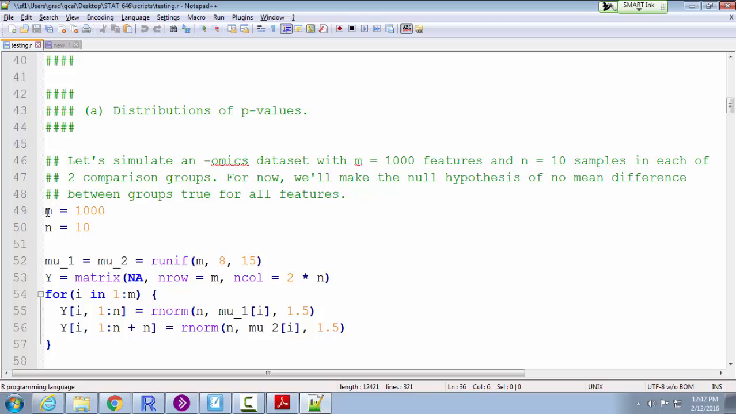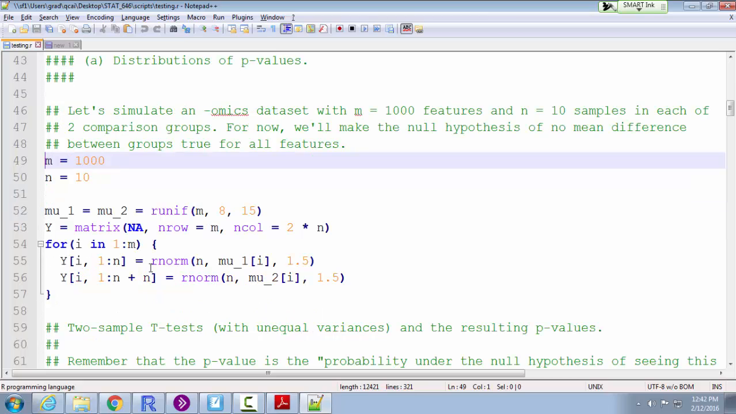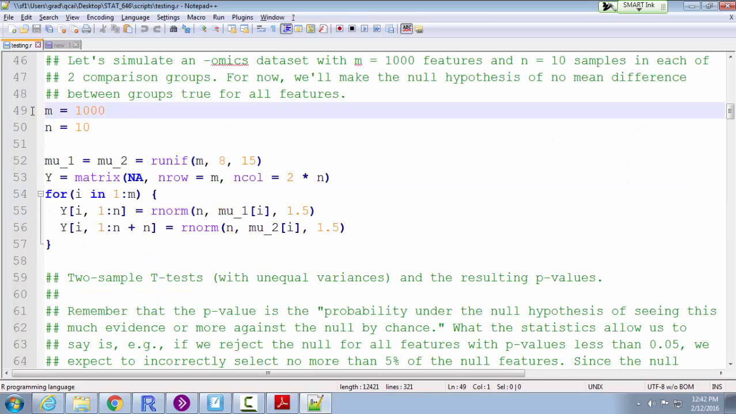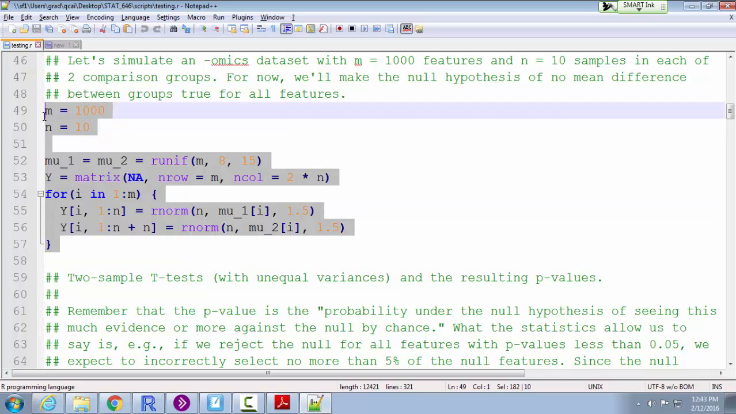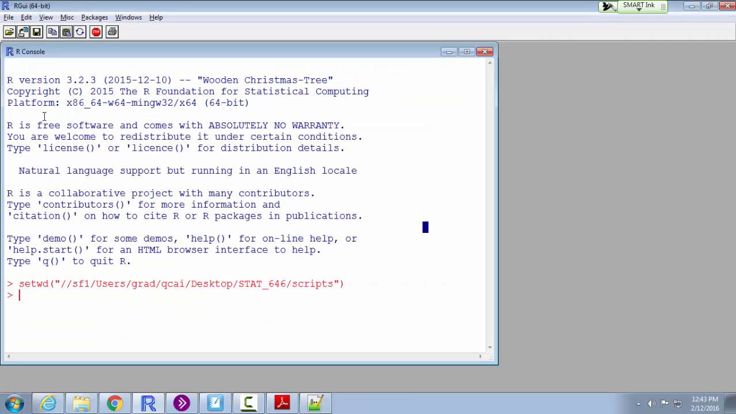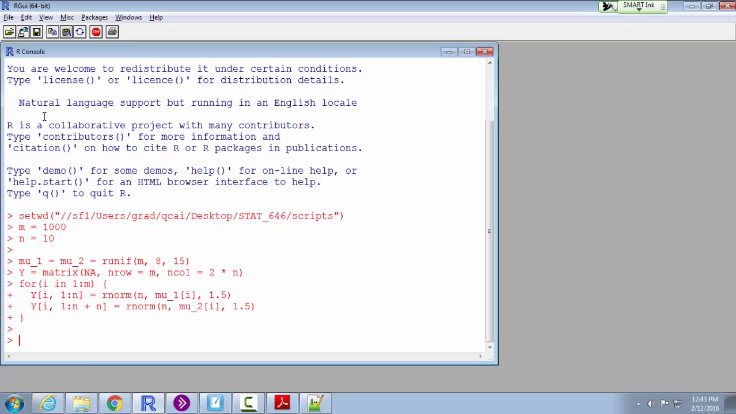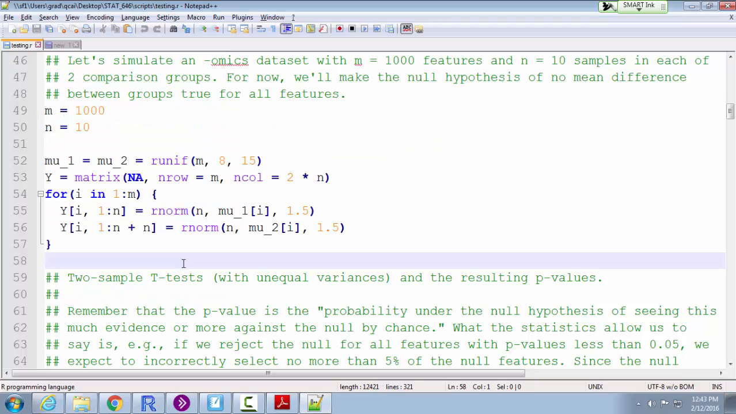So last time we did the first little bit of the simulation, which was just to generate some fake numbers, 1,000 features, and 10 observations in each of 2 comparison groups. And we started by doing this in a way where there were no interesting features. All 1,000 of them have no differences between the 2 comparison groups because we used the same mean when simulating the data. So if we go through and do testing,